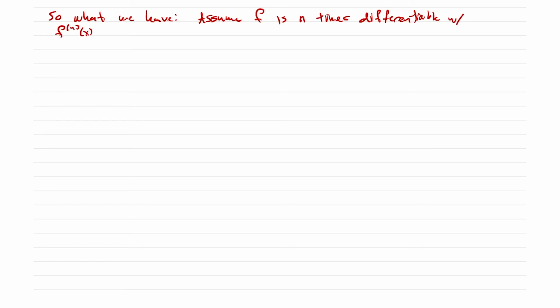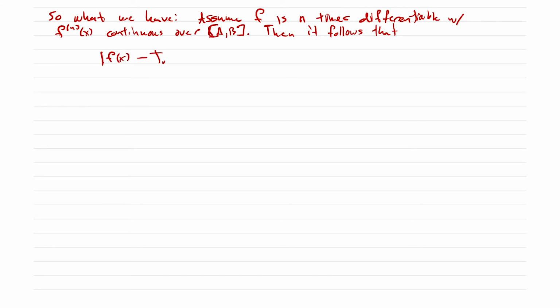So what we have is that we're going to assume that f is n times continuously differentiable, with f^(n)(x) continuous over [a,b], and then it follows that